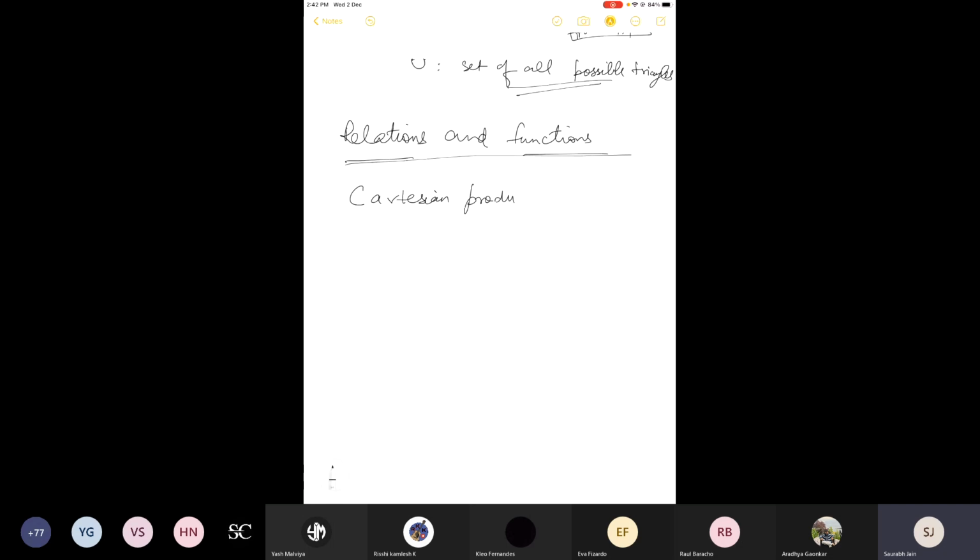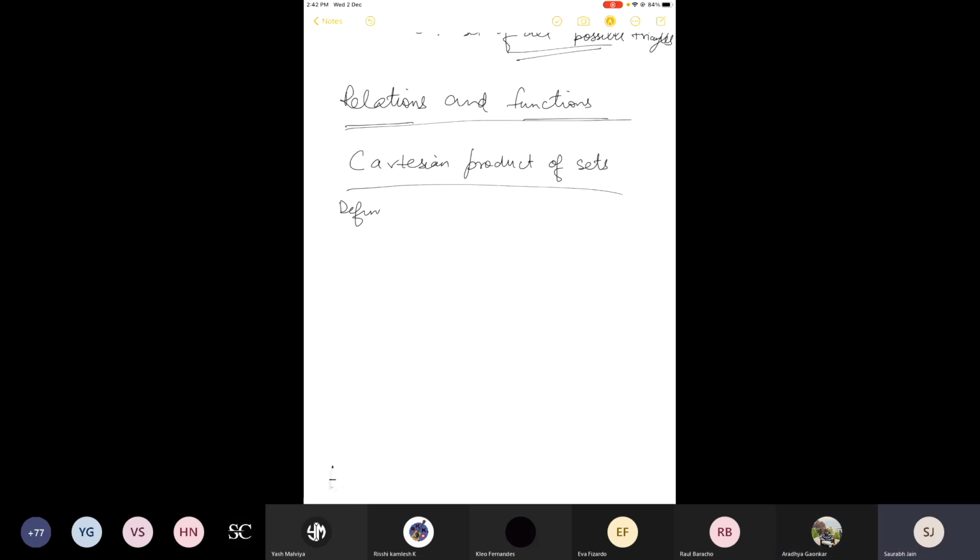We do not actually multiply here. So it's a new chapter. Yes. Next chapter. Okay. Actually, this is like a complete unit, set, relation, and function. Okay, but they have given it as a separate chapter, but it is continuation of the concepts that we have studied till now. Because see, what is the first heading of the chapter? Cartesian product of sets. So we are starting from there only.